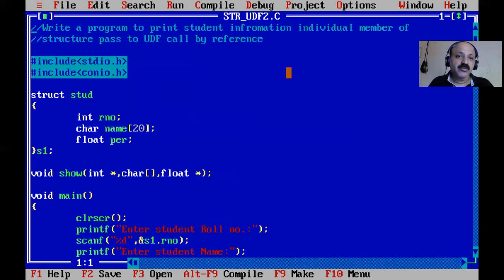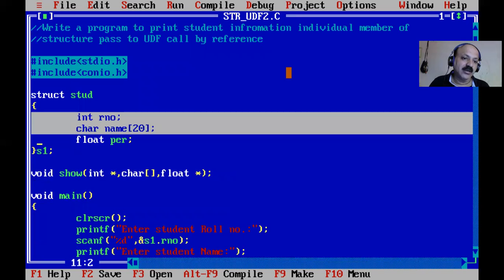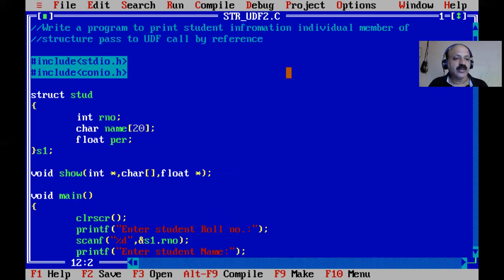In my next upcoming video lecture on call by reference and value, we can pass the individual member, not the entire structure. That is, S1 we can pass here. S1 is a structure variable, so all members come directly into the UDF, and that is also possible with call by value and call by reference.